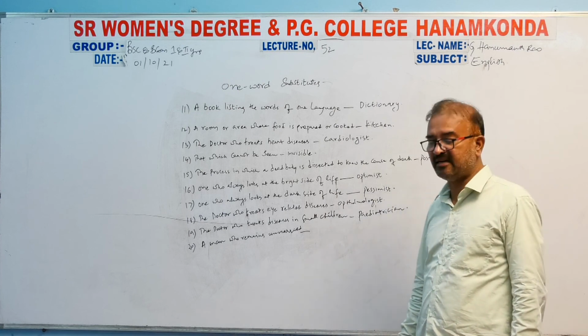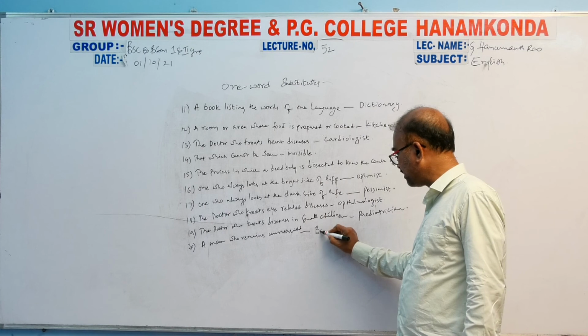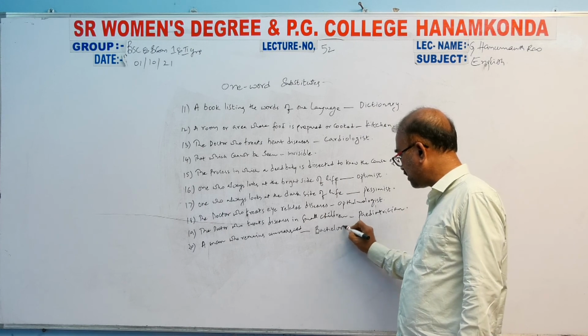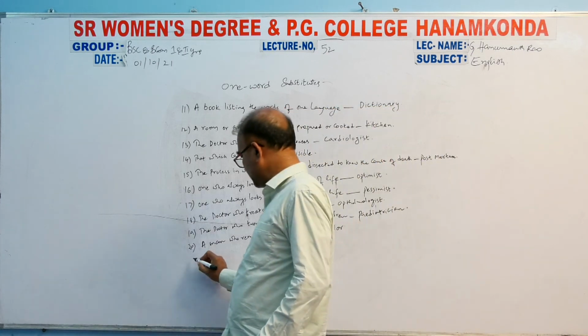Person who remains unmarried. What do you call that person, girls? Bachelor. Okay, and